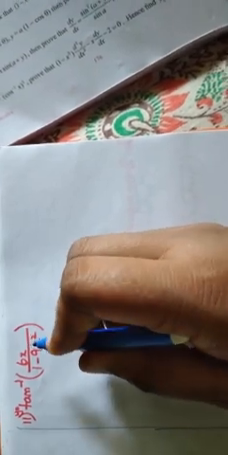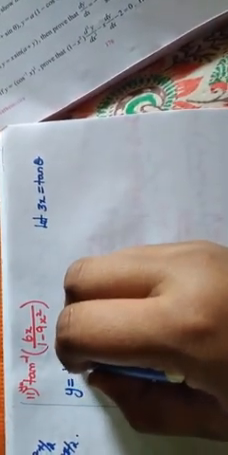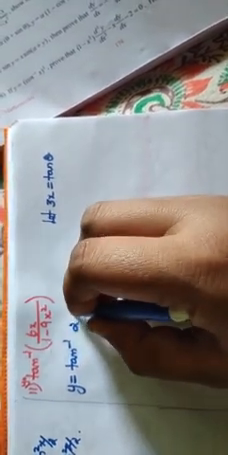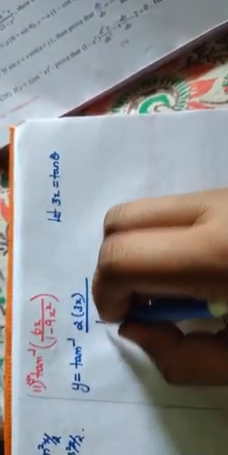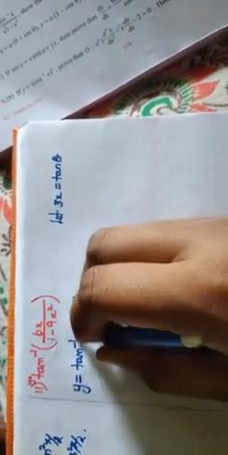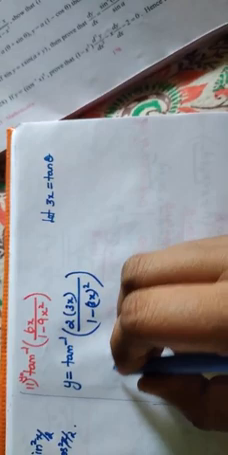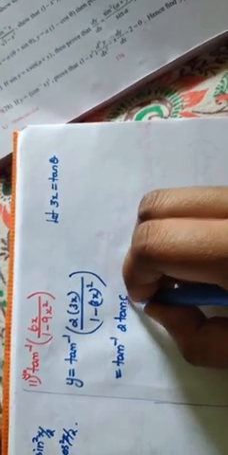Now come to the 11th problem. y is equal to, the direct formula we have applied. Here, what we can apply and get the answer, we will see. Let 3x be equal to tan theta. So what is our answer here? I can modify this question. y is equal to tan inverse of 2 into 3x divided by 1 minus (3x) the whole squared. So I can apply 3x equal to tan theta. So tan inverse of 2 tan theta divided by 1 minus tan squared theta.